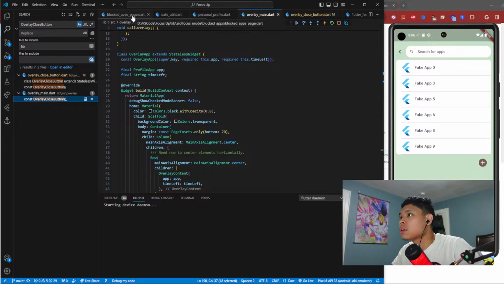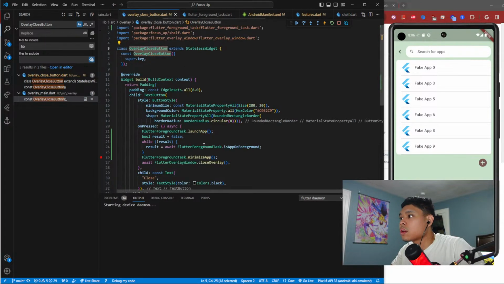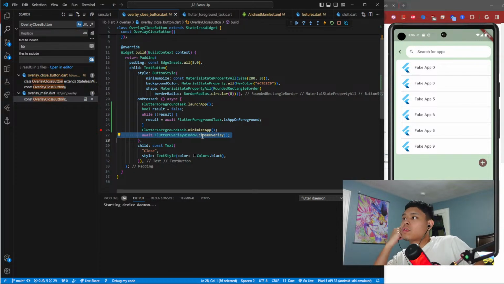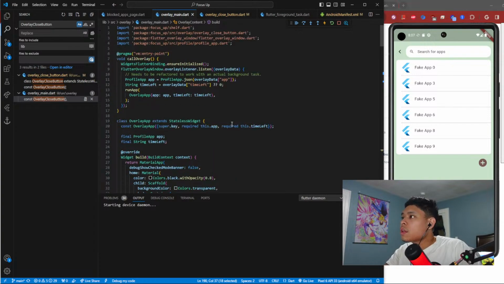So what we need to do is, okay. We need to send a signal over from the overlay. Hold on. We need to remove some of this. We need to send it over to overlay.listen, right? Because overlay.listen is happening. Oh, overlay.listen's happening all the time because it's just running the app, right? We need to find a way